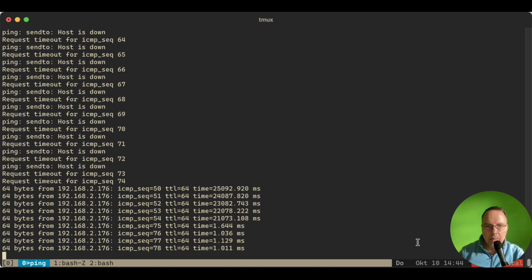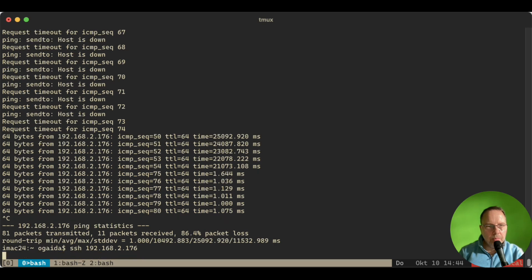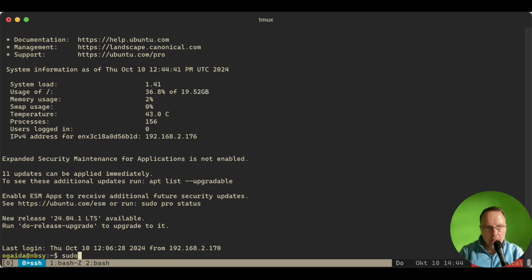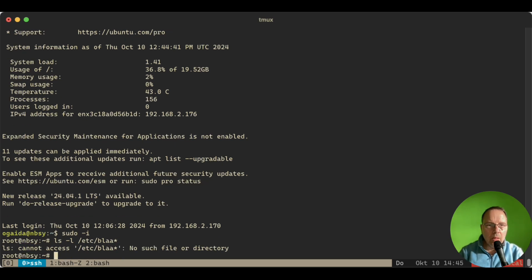Okay, the machine is up. Again, let's SSH into it and switch to root again. And now you see it's not in the history anymore, what I did. So we can have a look for files under /etc with the name blah. And we cannot find anything. So the reversion